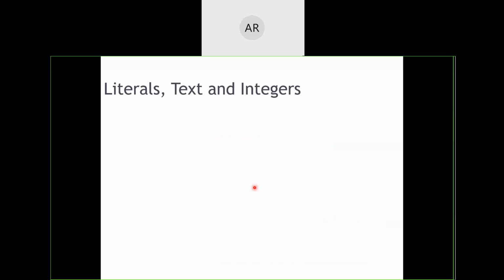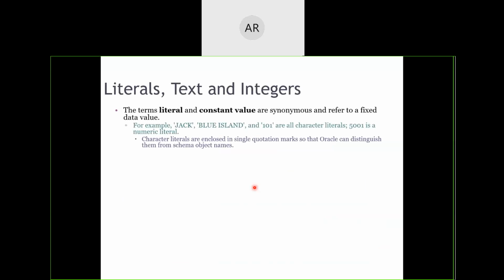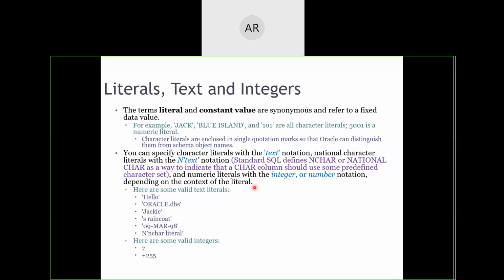So what are literals, text and integers, literals and constant values? Anything which has been kept in single quotes. In Oracle, there are no double quotes for strings. A string is composed of single quotes, not double quotes. So whatever you write in single quotes will become a character literal, a text literal. Okay. So we have got